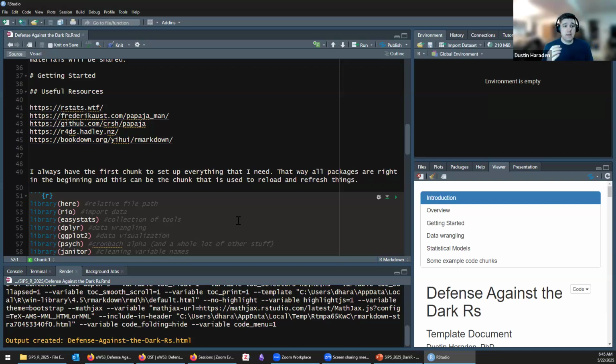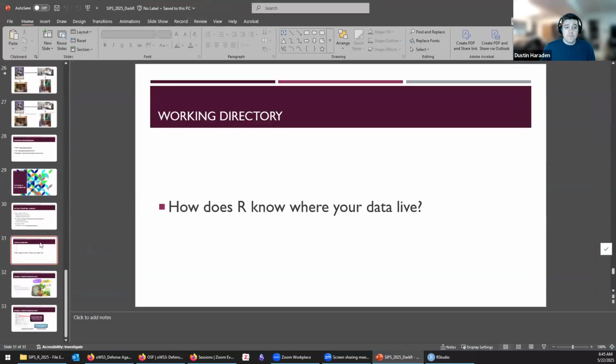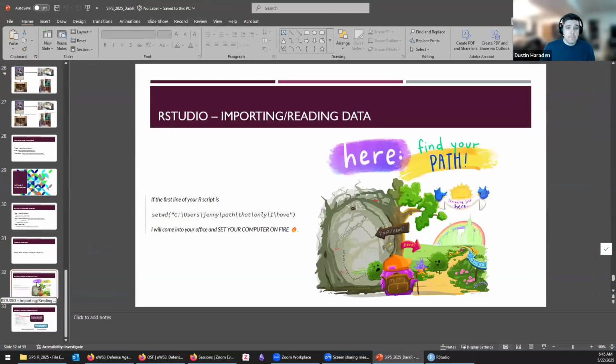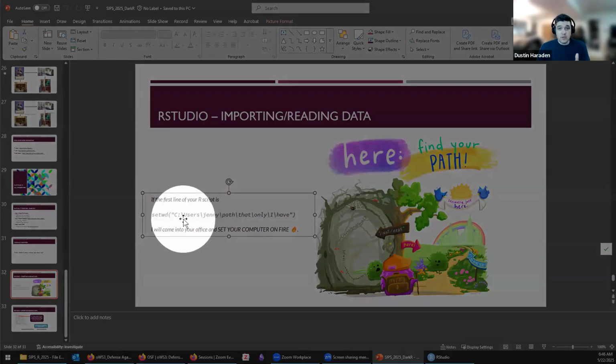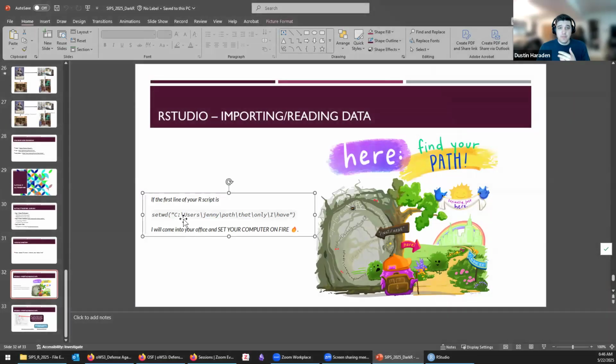And what this does is it basically creates the boundaries around where you are looking. So instead of, if we have our working directory, or you say set working directory just like this, that means it is only going to work on your specific machine. That is not going to be able to function anywhere else. So if you share your code, nobody else is going to be able to work with it. This is from Jenny Bryan,